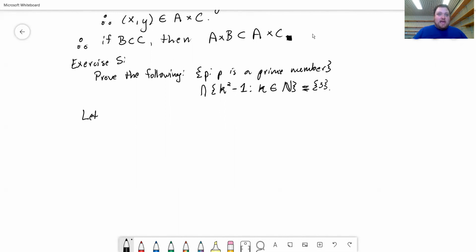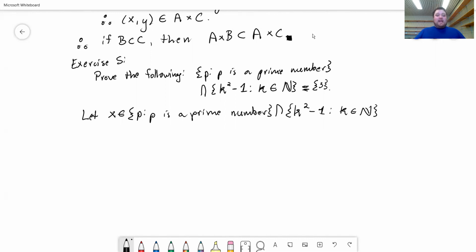Let x be an element of {p such that p is a prime number} intersected with {k squared minus 1 such that k is an element of the natural numbers}. Okay, so x is an element that's in this intersection. We want to prove that x has to be 3. There's no other options. So this means